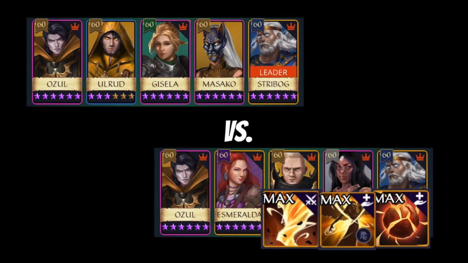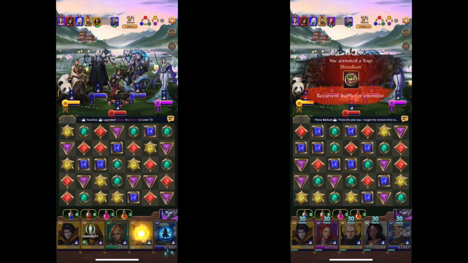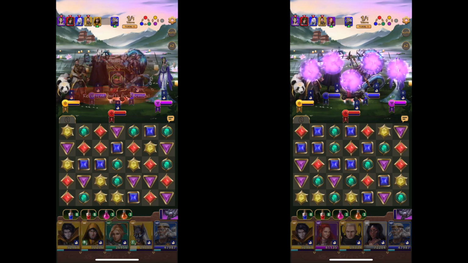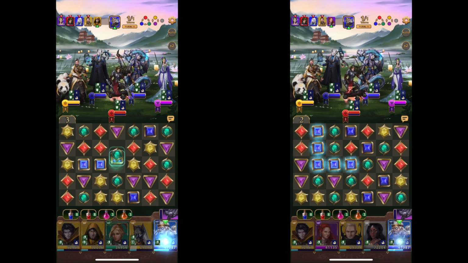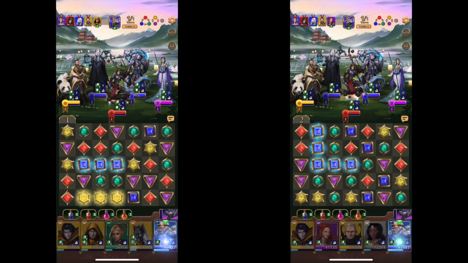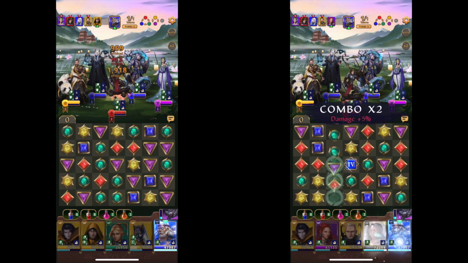Level 18. So this one, I think you can really be caught unawares if you don't know that Mara and Shun Shun can hit pretty hard. And I'm continuing with my AoE tactic on the